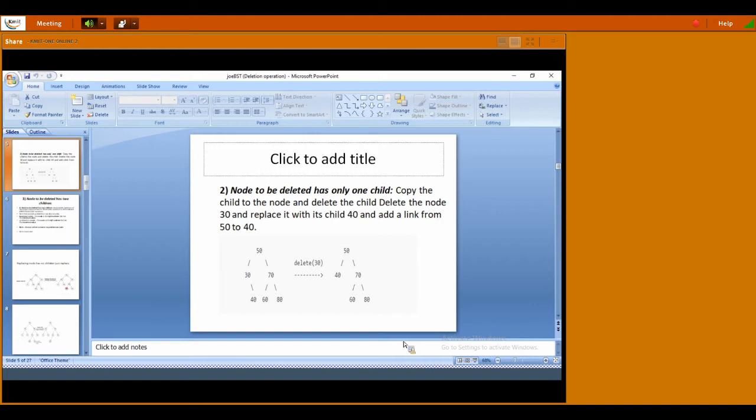If I delete 30 directly, where will 40 go? The procedure is: after removing 30, copy the address of 40 to 50 and connect 40 to 50. Add a link from 50 to 40. That is the procedure for deleting a node with one child.